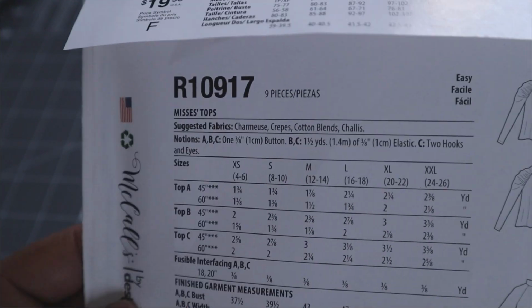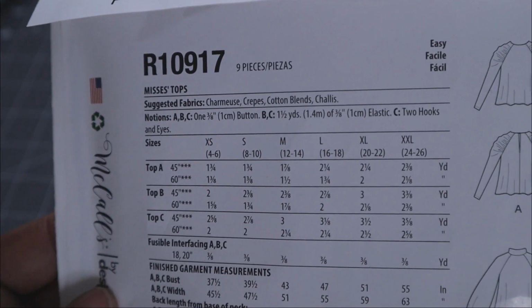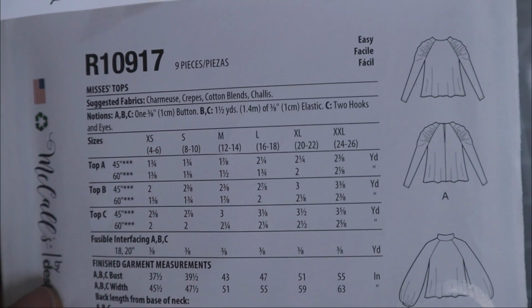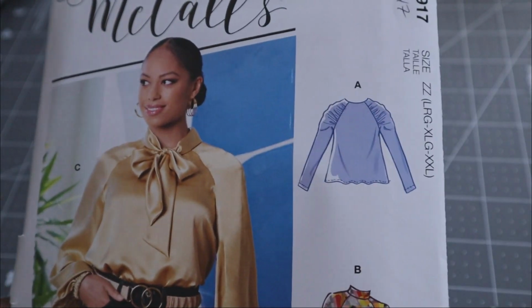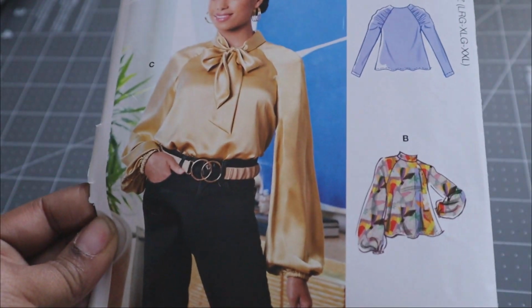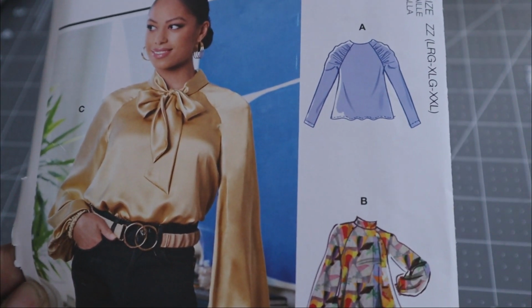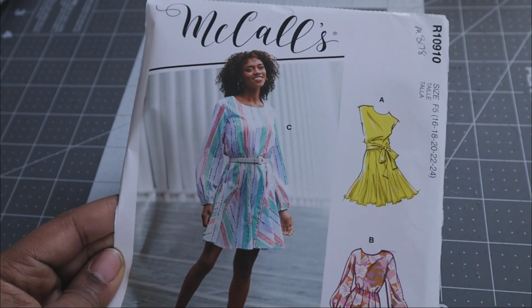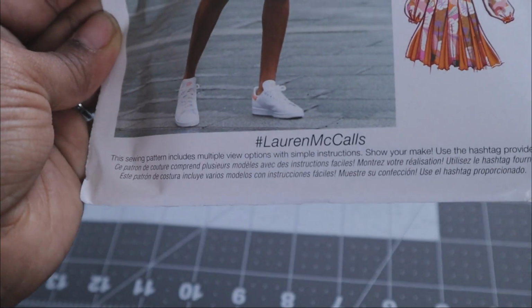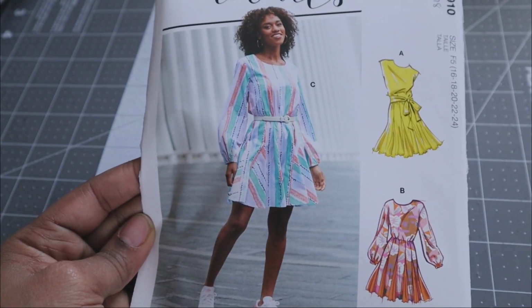This is described as Misses Tops, and it takes charmeuse, crepes, cotton blends, challis. So definitely like this. And like I said, you can just dress this up, dress this down, and I just love the raglan gathered sleeves. The next here is this McCall's 8178, also known as Lauren McCalls, and I like this for